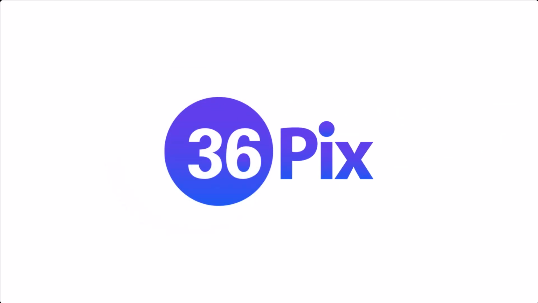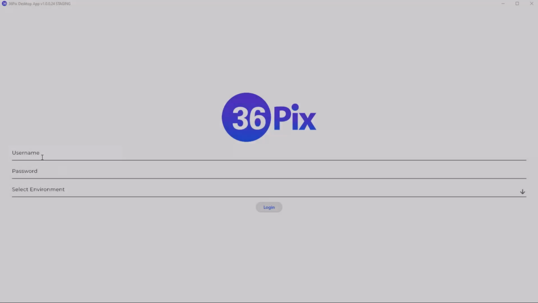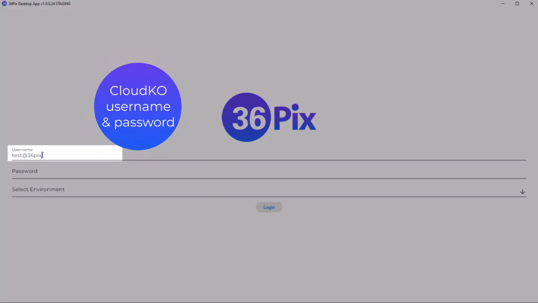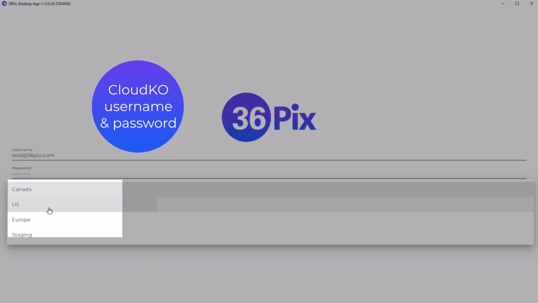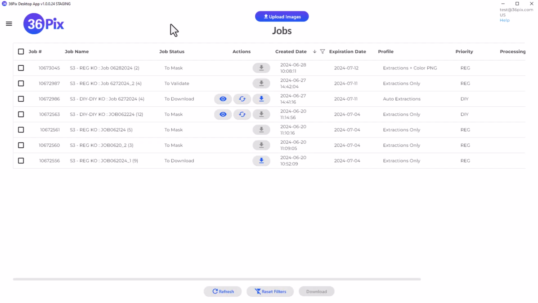This video will demonstrate how to use the 36pix desktop app to upload and download a job. First, log into the application using your CloudKO username and password, then select which environment your account is in. Once logged in, you will be on the Jobs page where you can view all the jobs you've sent to